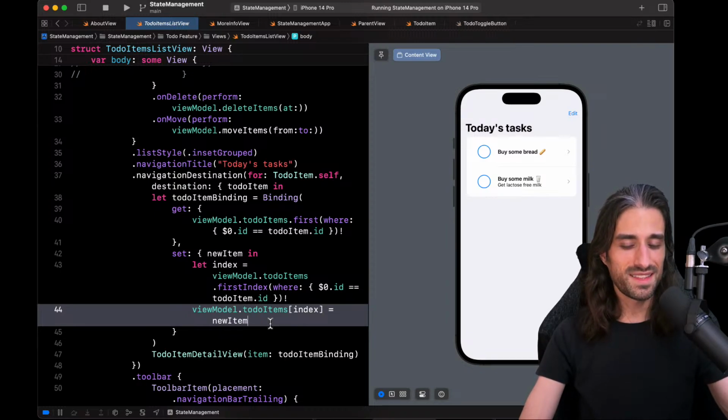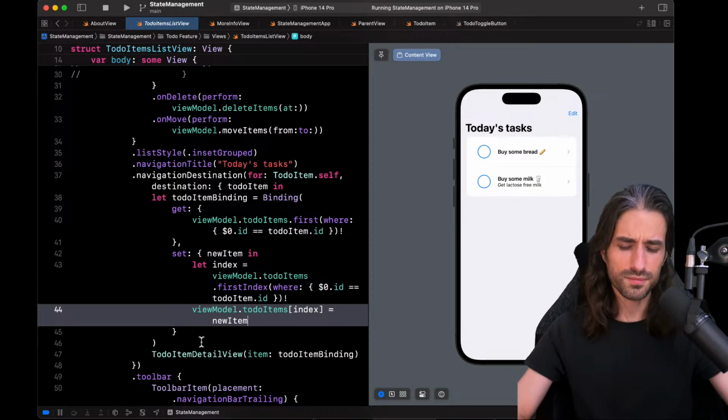We saw that while it's nice, it adds some tricky use cases when you need to use a binding. That's why I wanted to show you this. We had to write some boilerplate. Of course, it would be possible to write an extension method on array to be able to get a binding for an item. So if you write code that needs this, please encapsulate it inside an extension of array or an extension of collection, even better.